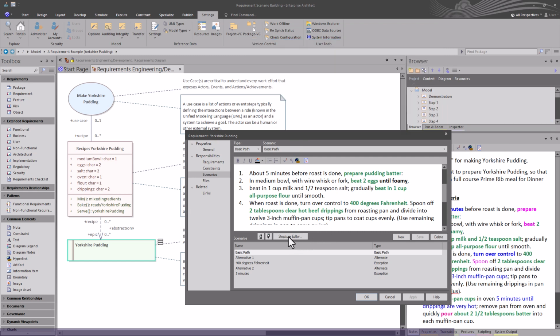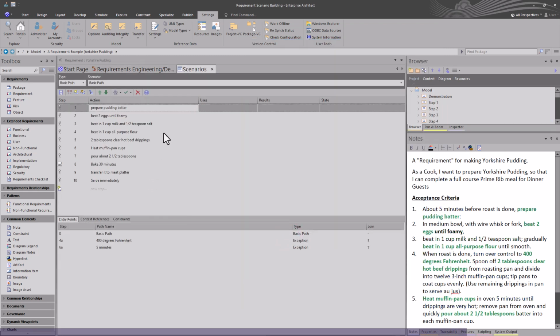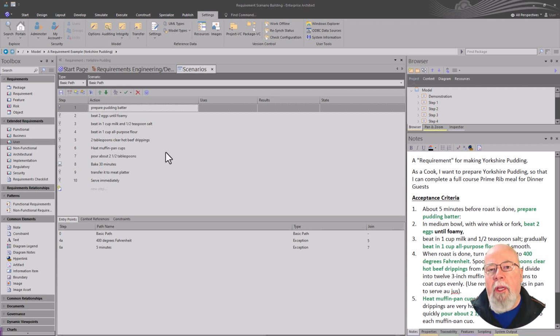We're going to launch the structure editor, as I've shown you a few times, and this will pop up. Now, to make this video faster, I have already put in some actions and steps in here based off the nouns and verbs, and we'll step through how that was done in just a moment. But first, I want to set up our workspace